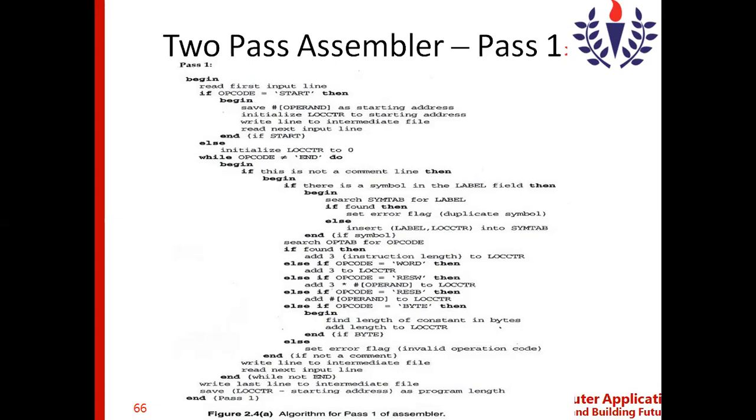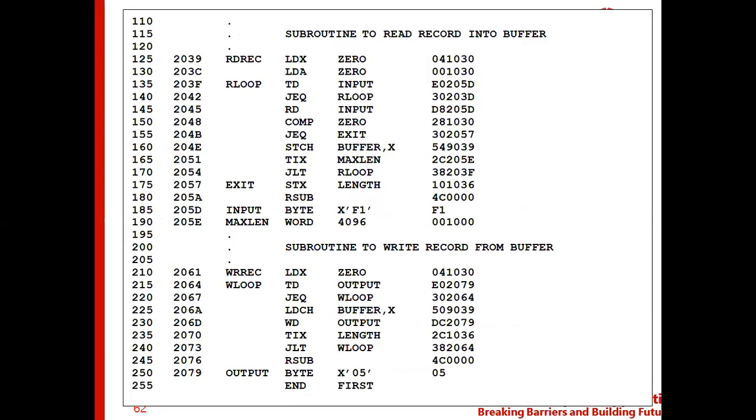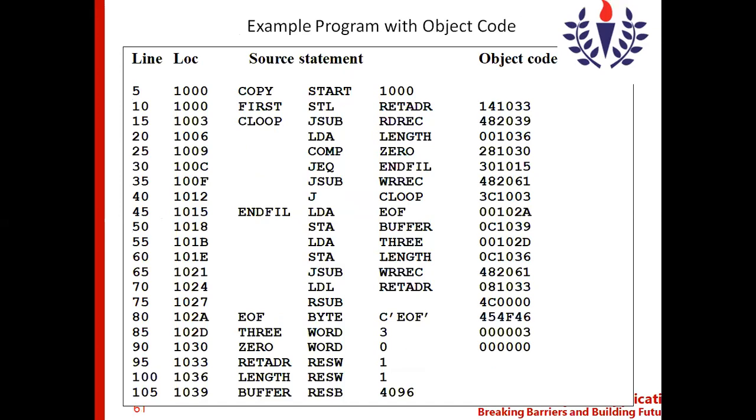Say for example, I have shown you in the previous programs. Let us say, I'll just go back to the previous slide where we saw the program. Let us consider line number 10. In line number 10, the location counter gives you the value 1000, because the assembler is scanning or reading this particular instruction. When it is reading the instruction, the location counter value is 1000.